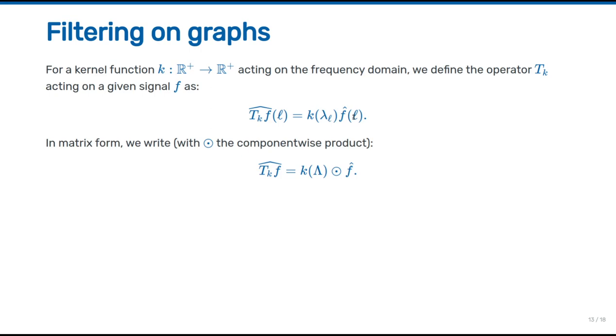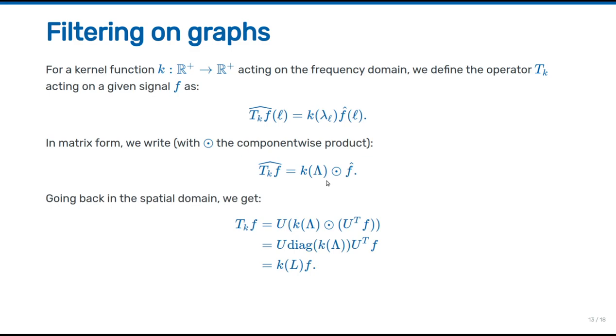So if I want to have a low-pass filter here, I will take a kernel function with a cutoff, and I will kill all the high-frequency part of my signal in this part, and keep all the low-frequency one. So in matrix form, this is just the same equation with a component-wise product. And so this is the convolution